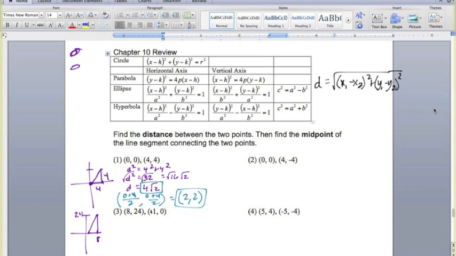So then the bottom side of this triangle has a length of 7. And the vertical side has a length of 24. 7 squared plus 24 squared equals